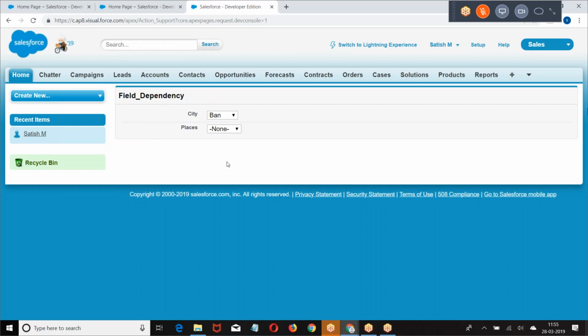Again, I repeat, generally the Apex class will be called when you click on a button or when you click on a link. But here what I am saying is, whenever a change occurs on any one of the elements, whenever you focus on any one of the elements, whenever any event is occurring on an element, you want some Apex side action to be performed. That is the reason we are going with action support.